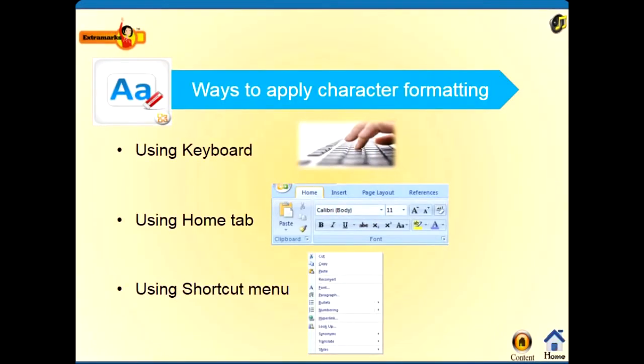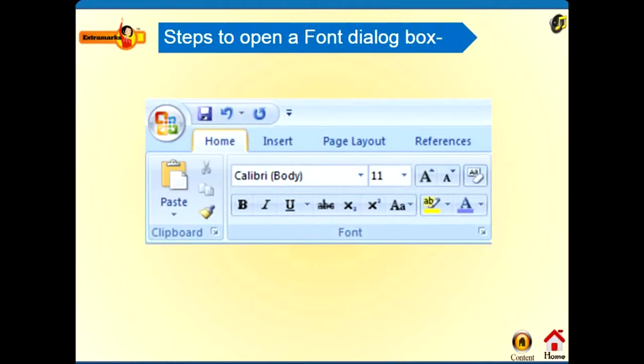Ways to apply character formatting. There are three ways. You can change it by using the keyboard, by using the Home tab, or using the shortcut menu. Steps to open a font dialog box.